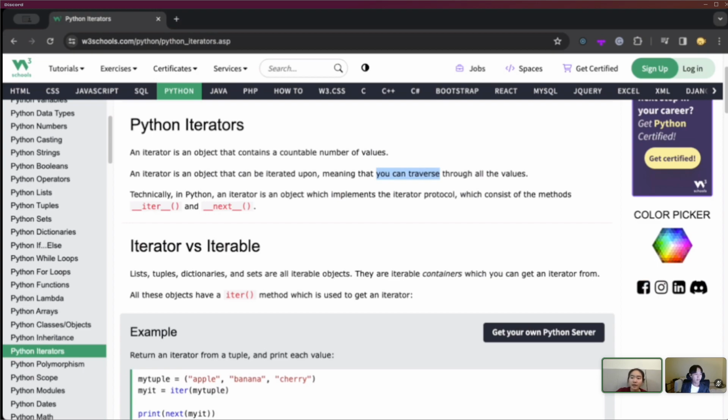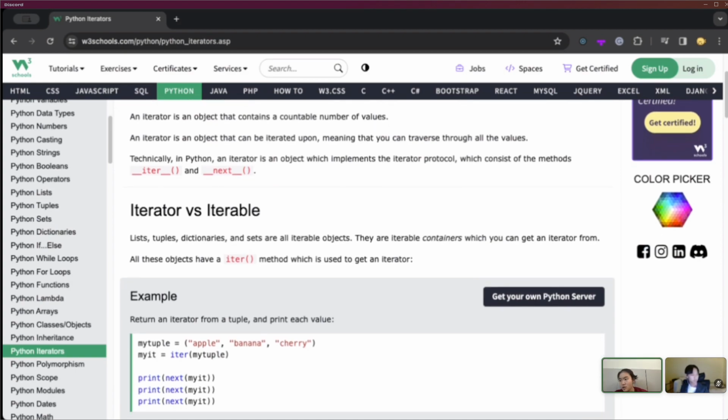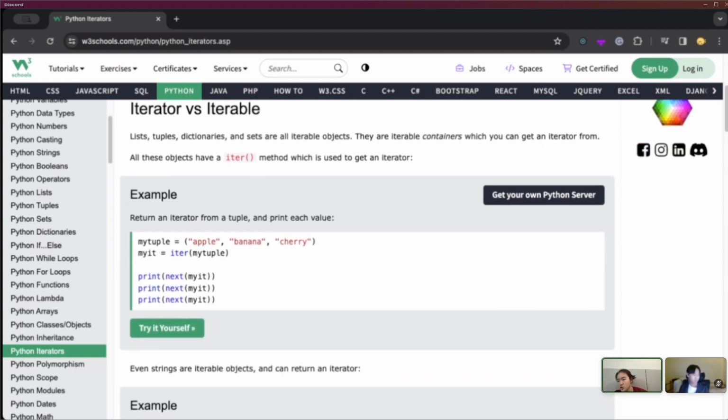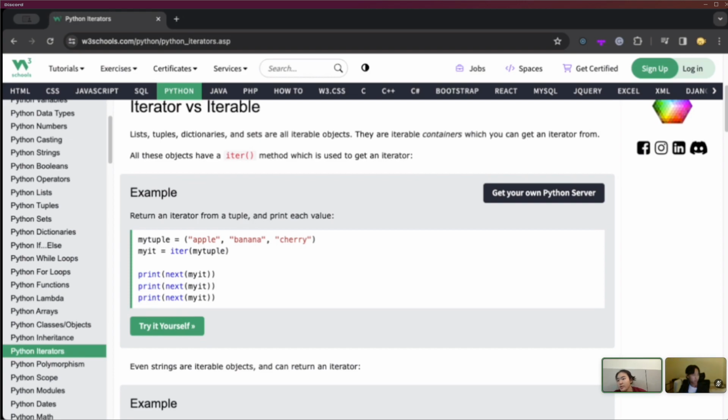Technically in Python, an iterator is an object which implements the iterator protocol, which consists of the methods iter and next. This is pretty familiar to us. It's basically the iter function, and then we have next. So these are the two methods that we are going to use. But first of all,